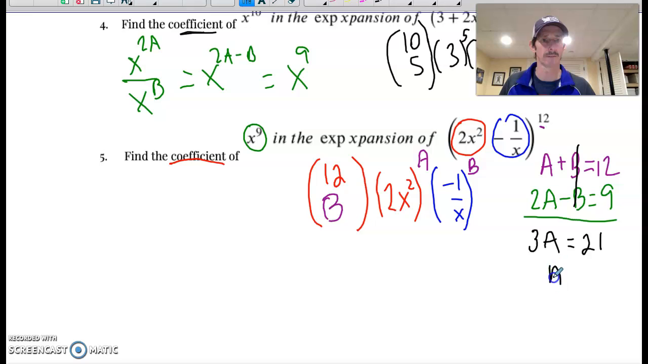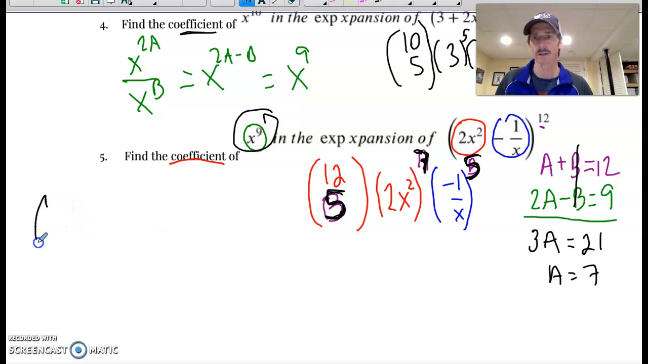If I divide by 3, I get a has to be 7. So if this has to be 7, then because these two have to add up to 12, that one has to be 5. And that means this has to be 5. I'm sorry, I'm just kind of scribbling over top of this. And now I can figure out what the coefficient would be. I'm going to apply all of this so that we can make sure we have this at the end. So again, this would be a calculator function, 12 choose 5. I'm not going to do the Pascal's triangle for that, but I do have to now apply that 7th power